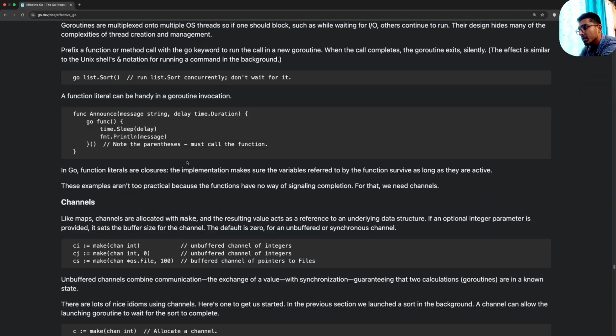I think 90% of the stuff is already there in the previous two videos, the tour of Go and the Go language specification. So this document, Effective Go, does not really add too much when it comes to new concepts, because I have personally already read this document a lot of times. In the previous two videos, the tour of Go and the language specification, I have already included this material in an indirect way. So there is nothing new here to discuss which we have not discussed already, but I definitely recommend going through this document once, reading it end to end, so that you can consolidate your understanding from the previous two videos and this video, which is just an outline of what there is in the Effective Go section. And yeah, move on to the next